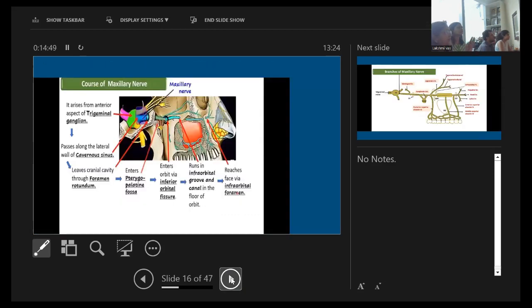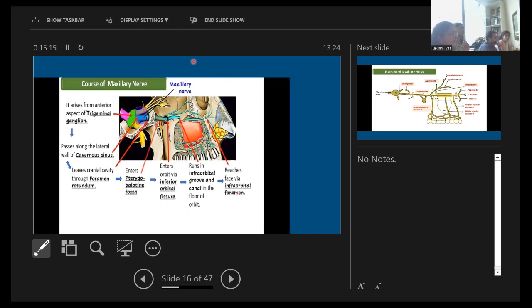Coming to the maxillary now, it arises from anterior aspect of trigeminal ganglion. It passes along the lateral wall of cavernous sinus, leaves cranial cavity through foramen rotundum, enters the pterygopalatine canal. In the pterygopalatine canal, it gives two branches to the pterygopalatine ganglion, which actually